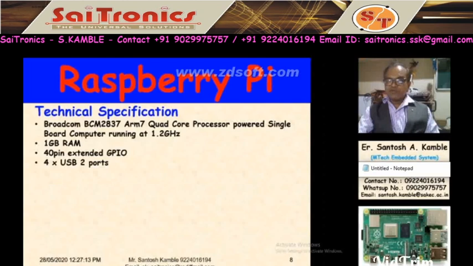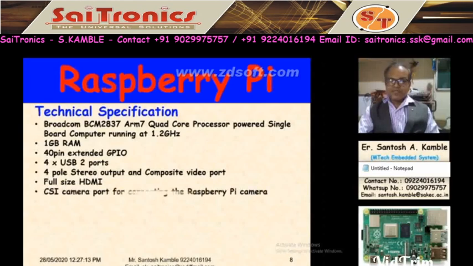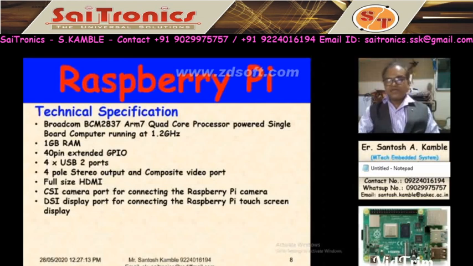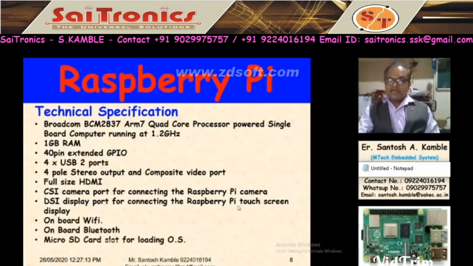It has 4 USB ports, stereo output, and full size HDMI. It has a CSI camera port to connect a camera directly to the Raspberry Pi, and a DSI display port for connecting the Raspberry Pi touch screen display. It has onboard Wi-Fi and onboard Bluetooth. It has a micro SD card slot for loading the OS.